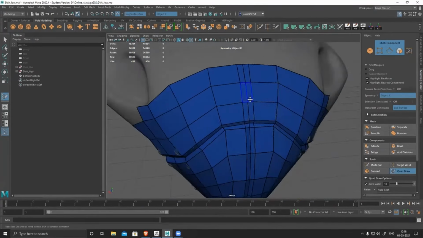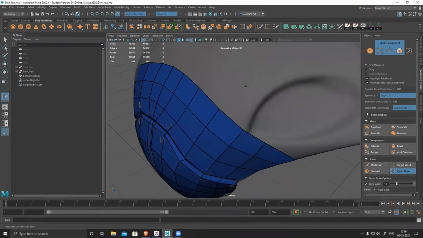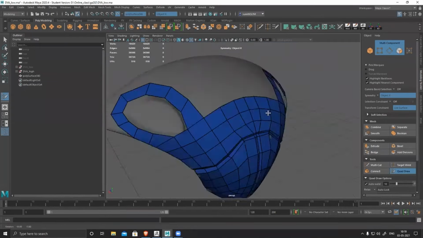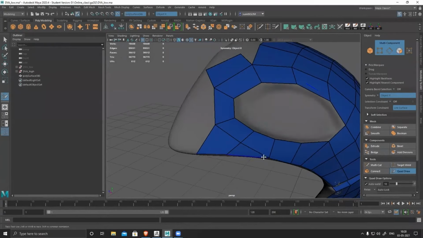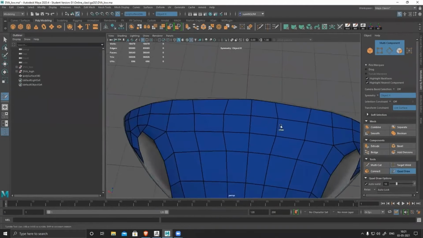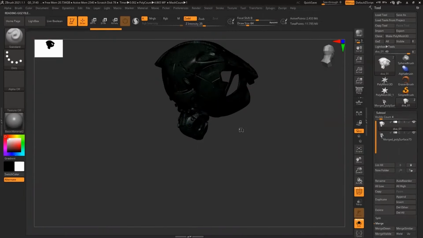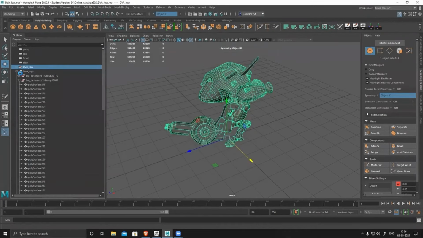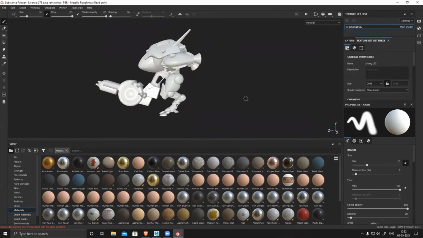You can see with the help of Quad Draw, creating this shape is very easy. Super fast, super efficient, and it snaps on the surface. It's super clean. Relax everything, then smooth the mesh. In a similar manner, create all the surfaces wherever you need. You can see in the high poly I have created so many details. Then I decimated my high poly model and brought it back to Maya and cross-checked that high poly and low poly both match perfectly.